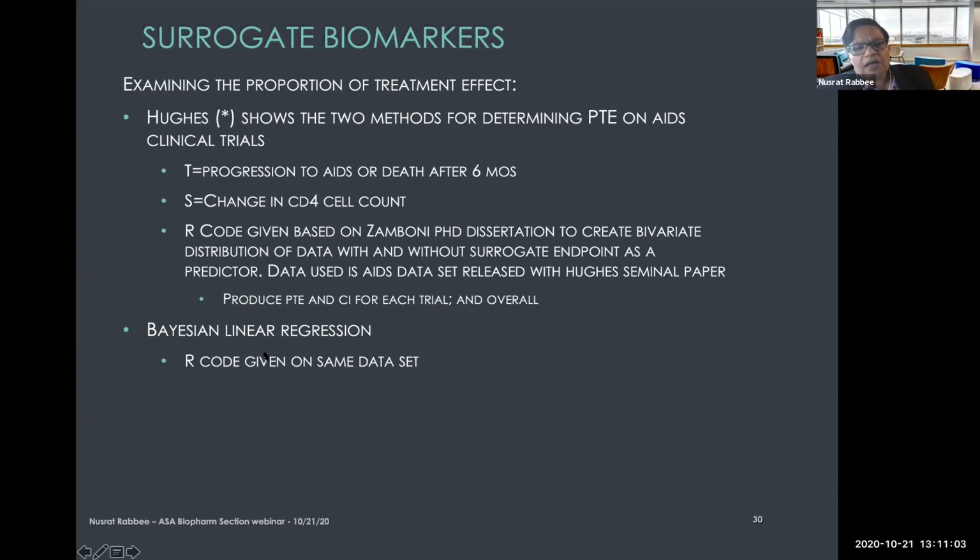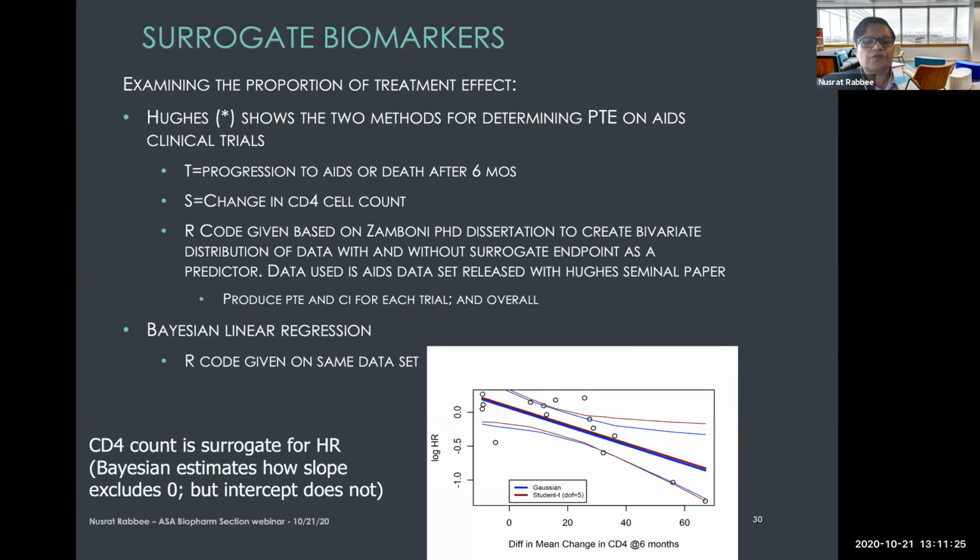But also, I've introduced a new method in Bayesian linear regression, which fits the same models, the two-step approach, and also gets a very similar PTE and confidence interval estimate. So I think you will find these codes very useful. Here is a